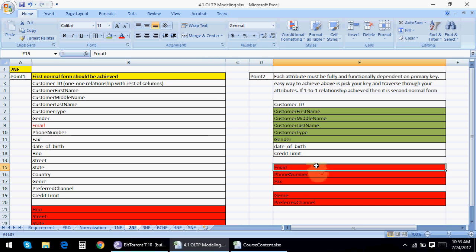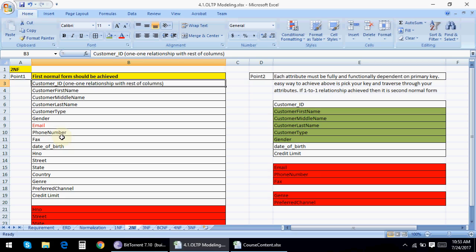I have listed it here, you can see. One customer will have one phone number? No, he can have a landline number, a mobile number, and an official number. So his phone numbers can vary in terms of count. So one customer may have multiple numbers. So I am not considering this column as second normal form.